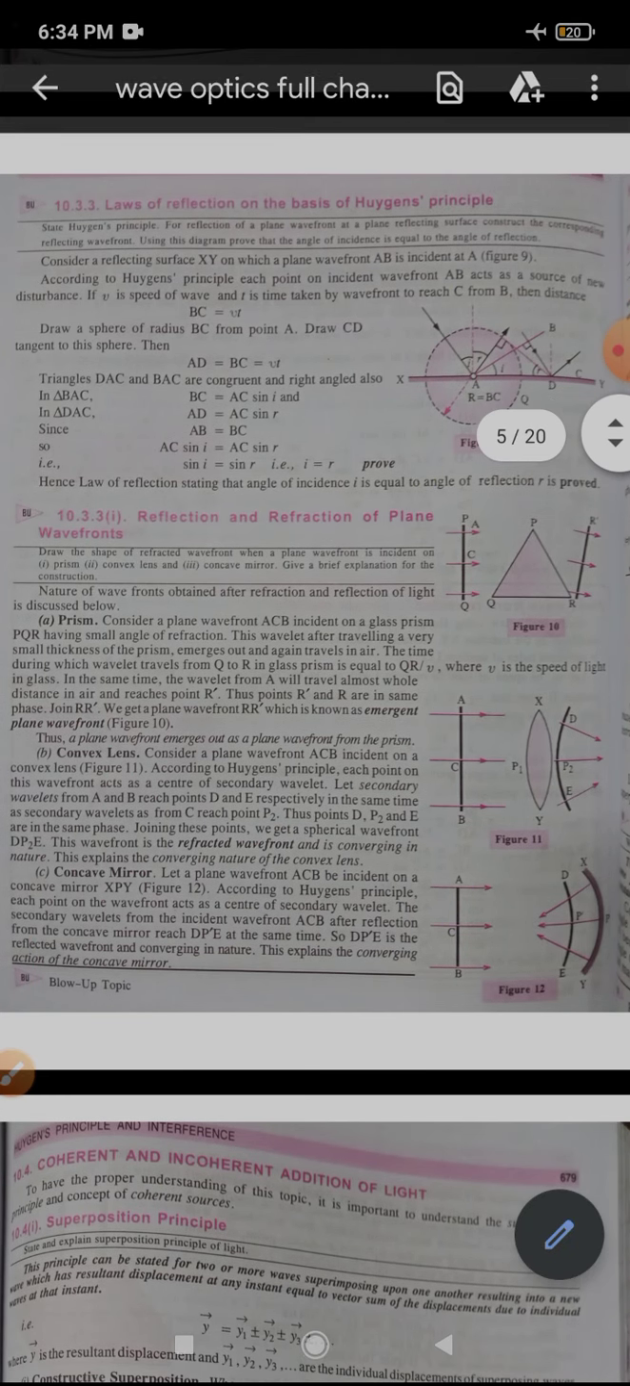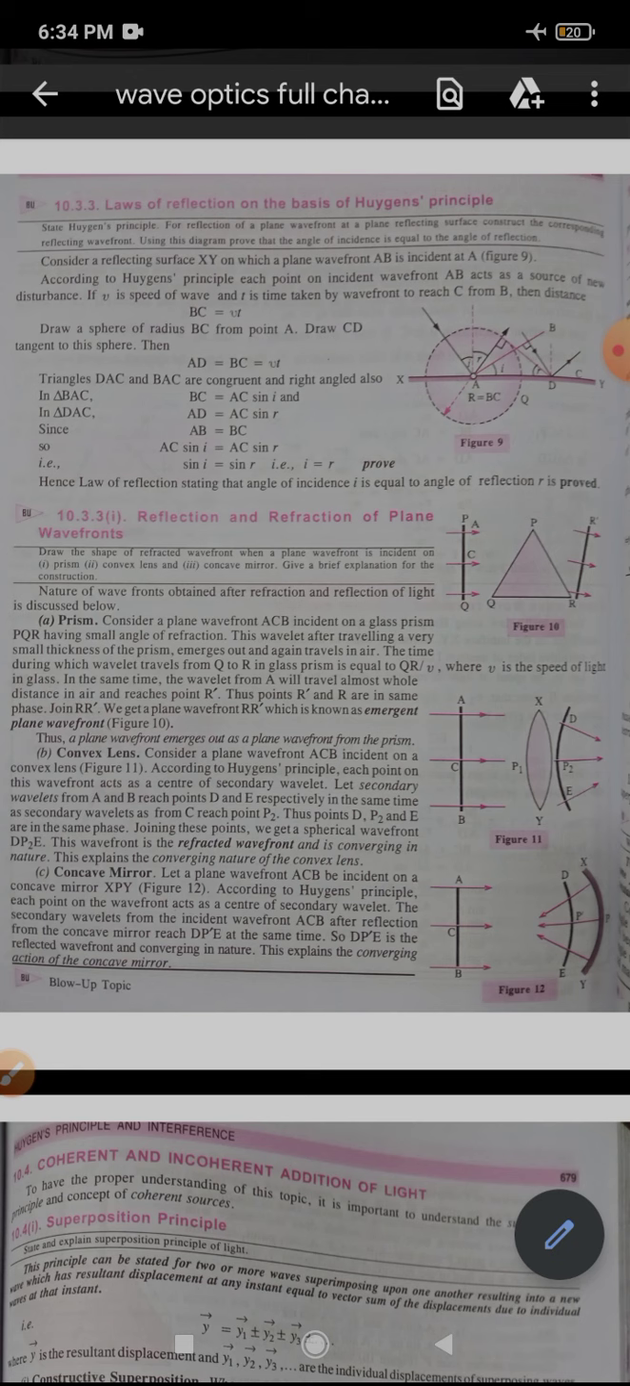Next we have the laws of reflection on the basis of Huygens principle. In case of a reflection we are seeing, consider a reflecting surface XY on which the plane wavefront AB is incident at a point A. According to the Huygens principle, each point on the incident wavefront AB acts as a source of new disturbance or secondary wavefronts. So if v is the speed of the wave and t is the time taken by the